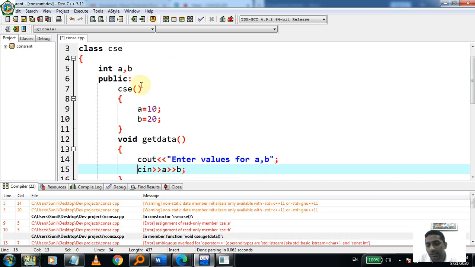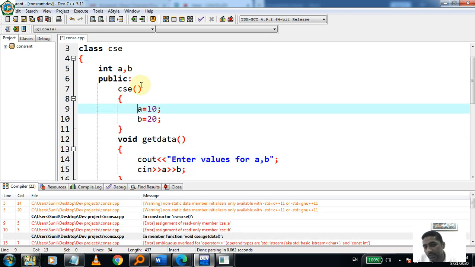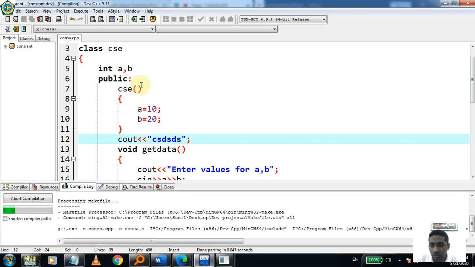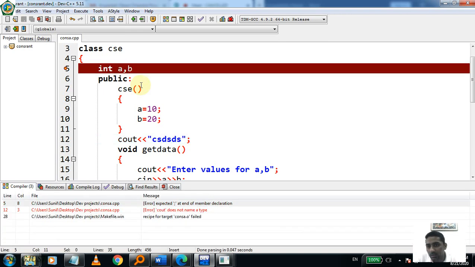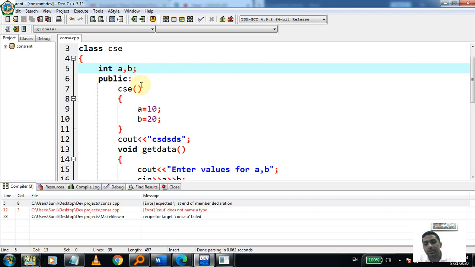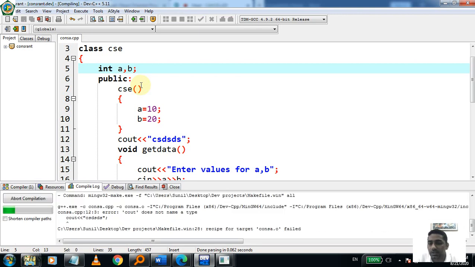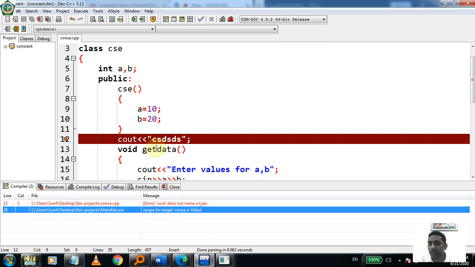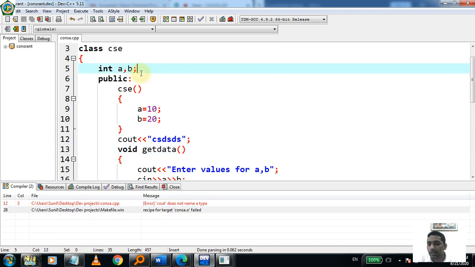So all cout, cin or assignment statements like this are available in a constructor or function in our previous program or current program. So we can say that for all initialization, like you cannot write cout here. This statement is not possible in your class, cout, because it is in the open area. So in the open area it is not considerable. Every cout cin statement must be inside a function. This is an error: does not name a type. It doesn't indicate any type like function type, member type, nothing is there.